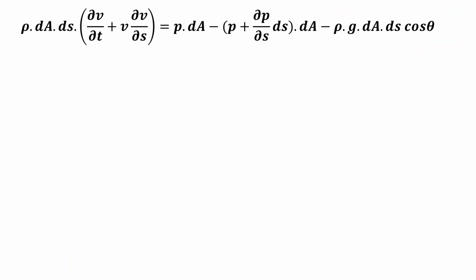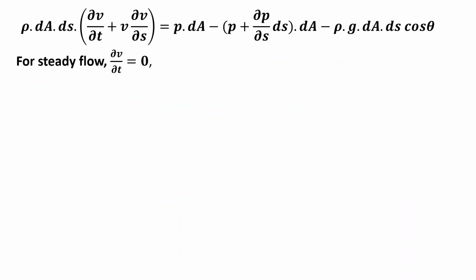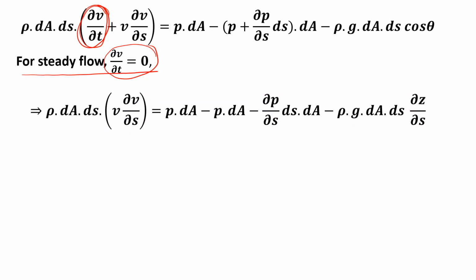Now for steady flow, this term del v by del t, that is rate of change of velocity at a given point without moving that point, that is with time, will be 0. If it is steady flow, that is del v by del t equal to 0, and we can write it as rho dA into ds, v del v by del s. Then we can expand this second term, which will give us minus del p by del s ds dA, and the last term